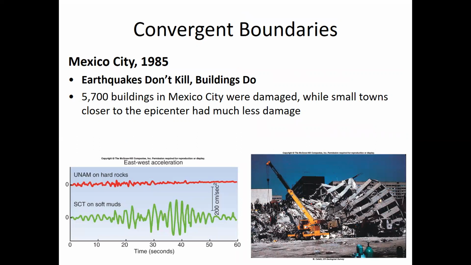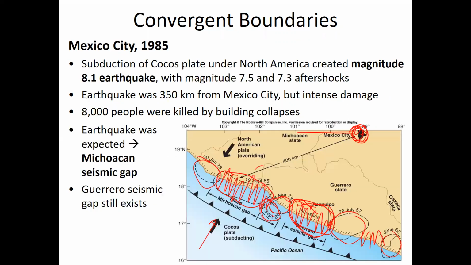So what did we learn from the 1985 Mexico City earthquake? Well, we learned what I mentioned in our last lecture, that earthquakes don't kill people. It's the failure of infrastructure that kills people. 5,700 buildings of Mexico City were damaged, while small towns along the coast, much closer to the actual epicenter of the earthquake,